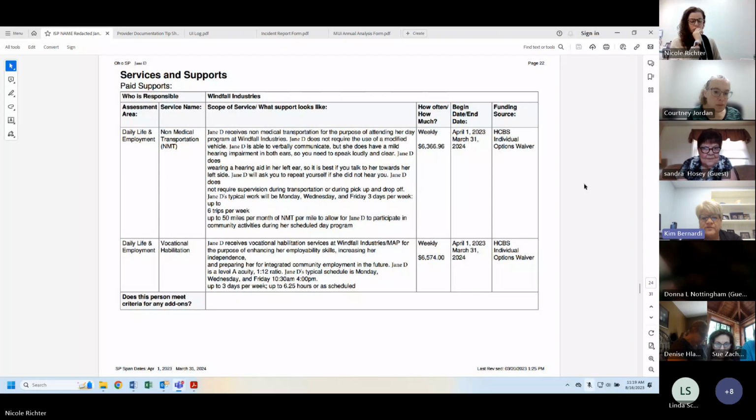This is where you're going to find out how many hours a week you have with the individual, what's the mileage, what's the schedule, your normal HPC services or your non-medical transportation services. So here she has non-medical transportation services. This one's up to 50 miles per month NMT per mile